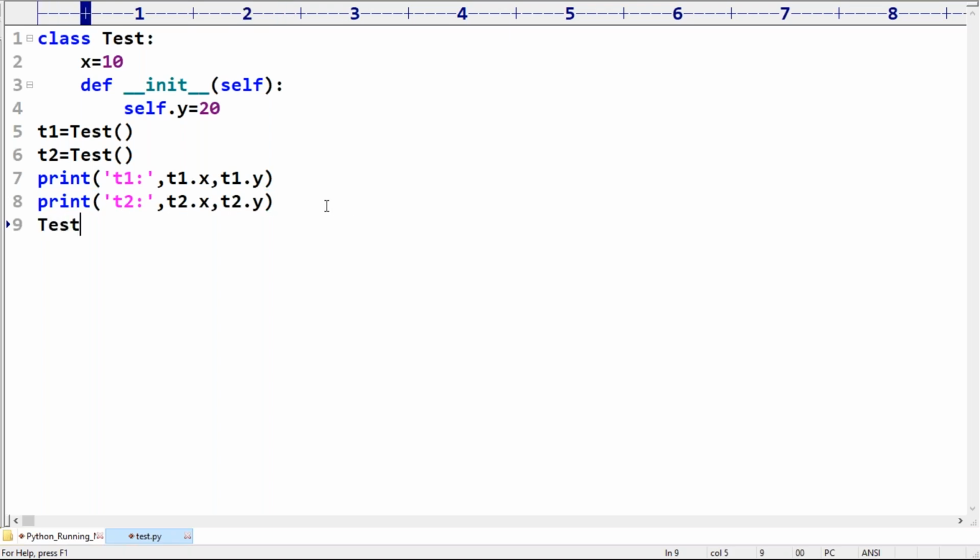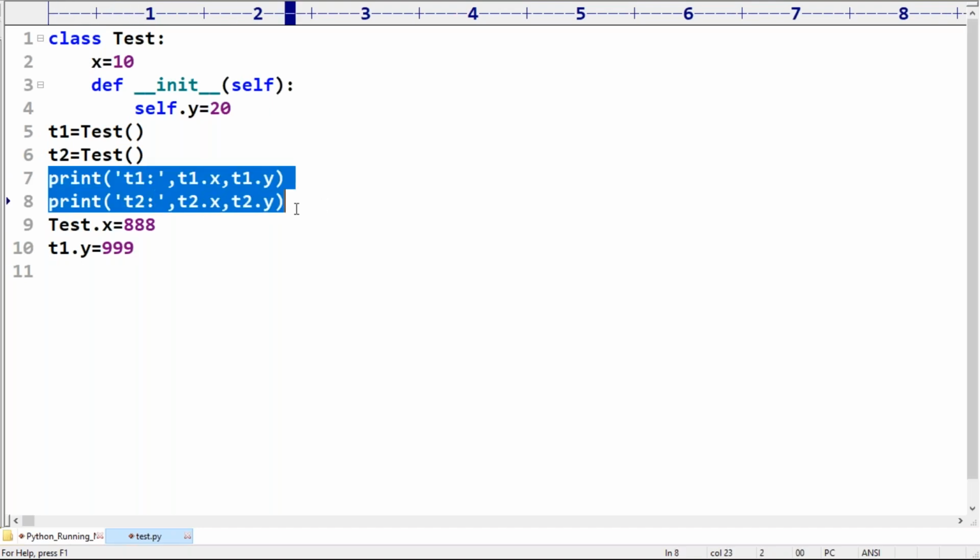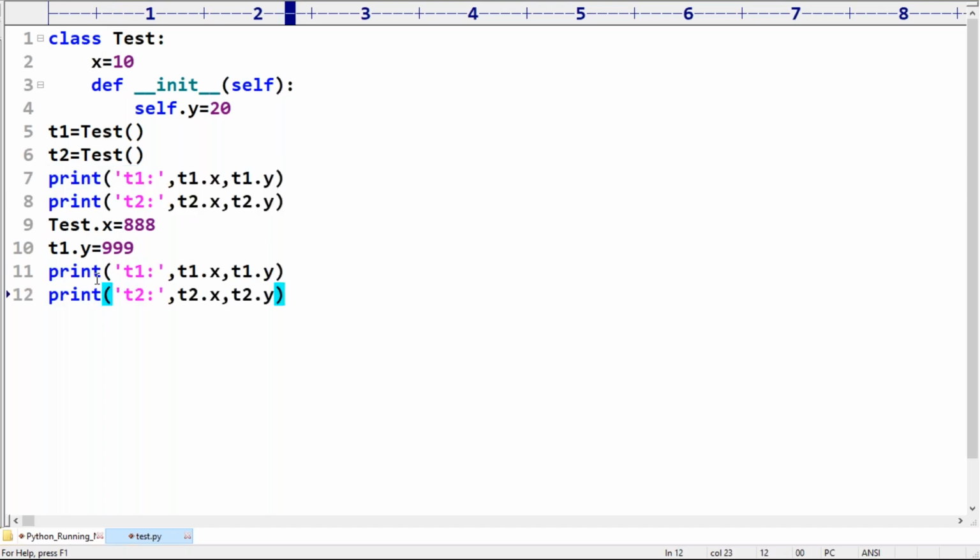Now, Test dot x is equal to 888, t1 dot y is equal to 999. Now, can you please print this data? Yes, we discussed this type of example already, so don't worry. Can you please tell what answer we are going to get?